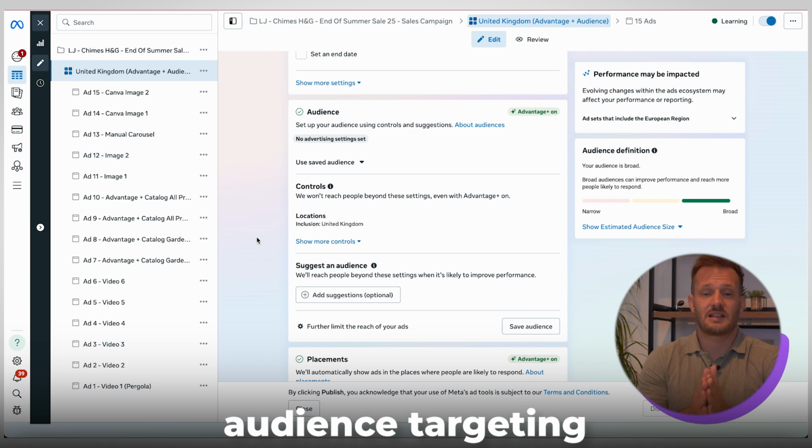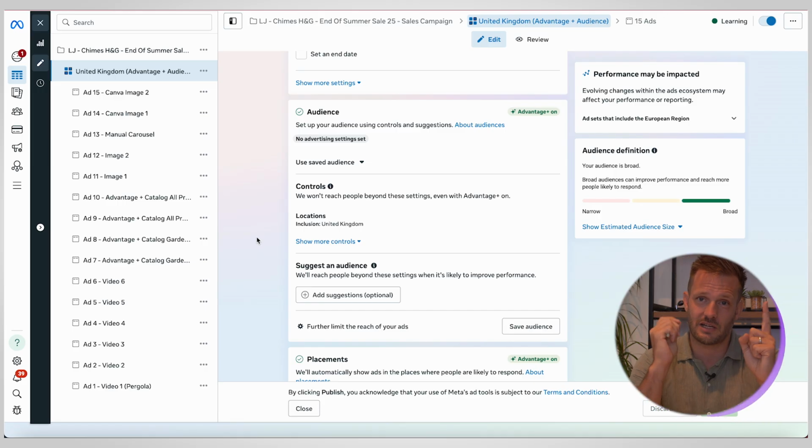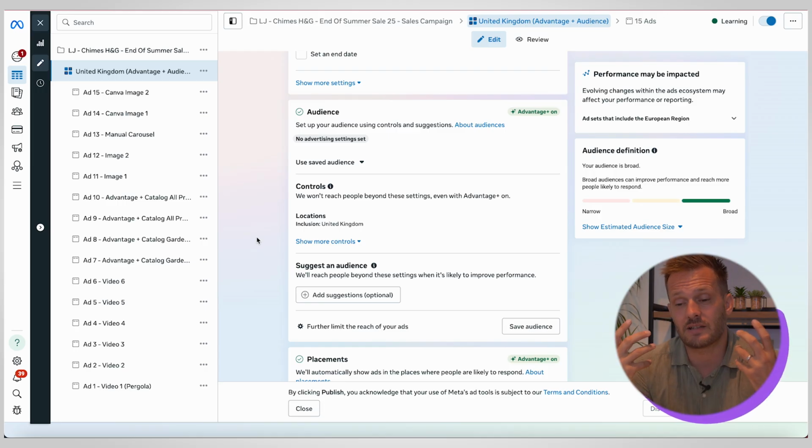Audience targeting, this is all set at the ad set level. This is where you target different groups of people. Facebook used to be able to go really, really super granular here. So you used to be able to say target people who are aged between 20 and 25, females only, 10 miles from my local town, etc. You used to be able to go really, really niche. Nowadays, what Facebook wants is high quality data, which is why you need your tracking via your Pixel and Conversion API. And if you have any